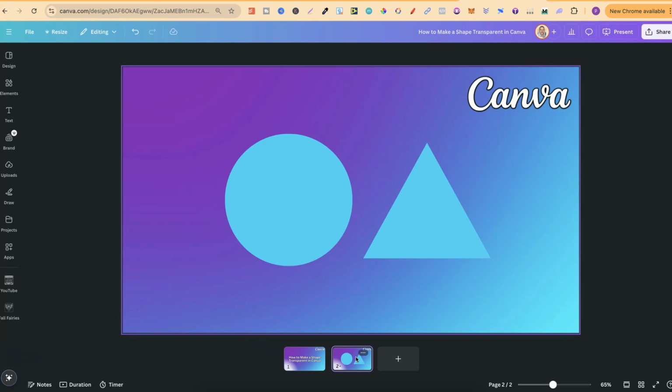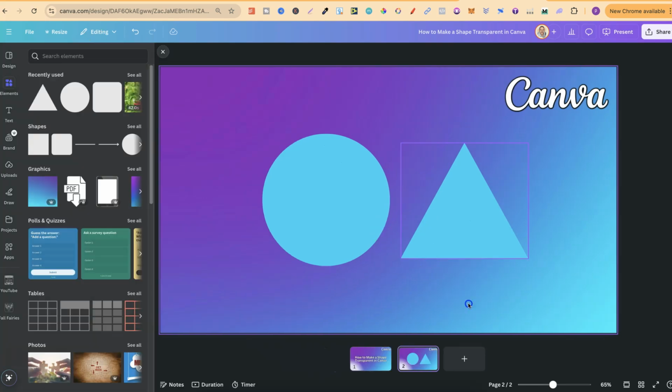Now, once you have a shape on your canvas, well, first of all, if you don't know how to find shapes, we can come over to Elements, and then if we look just here, there's going to be shapes. We can also use that search bar as well. But once you have your shape on the canvas, just like this, we simply want to click onto that shape,